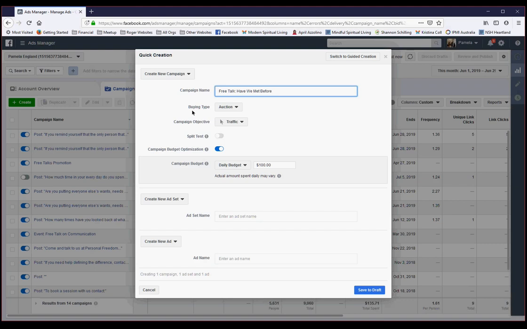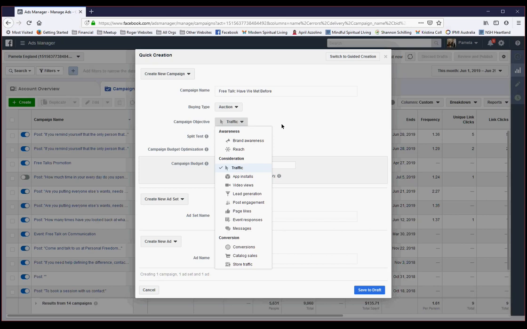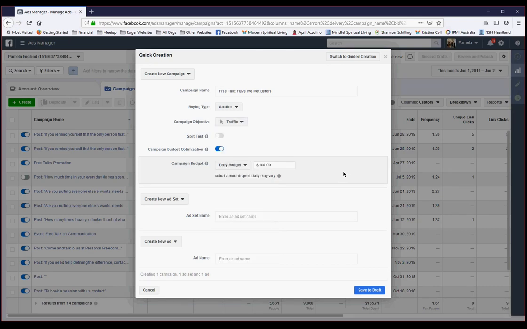So that's going to be the campaign name. Underneath, the buying type is going to be auction. And the objective, in our case, is to create traffic to the landing page of the website. But you can see there's a lot of different objectives if you're trying to do lead generation or page likes. There are a lot of options there, and it helps preset certain fields as you keep going further. But right now we're going to stay with traffic,